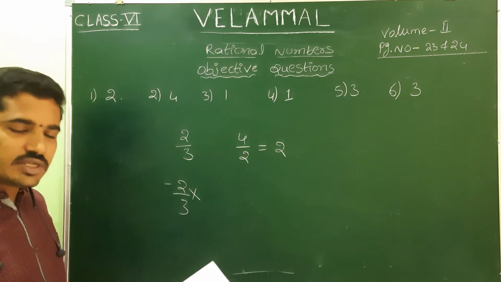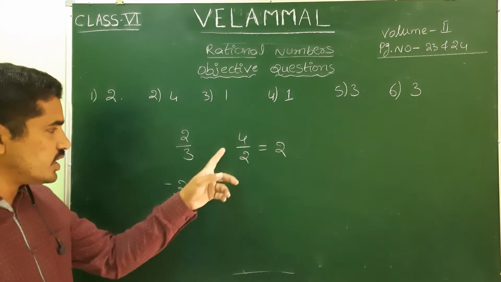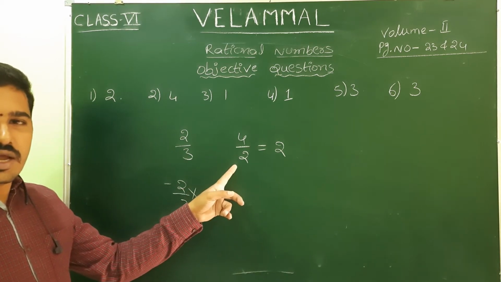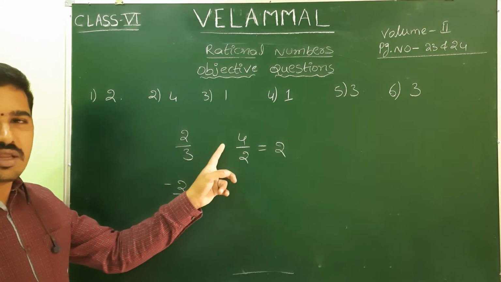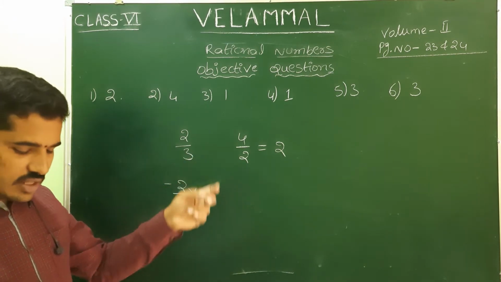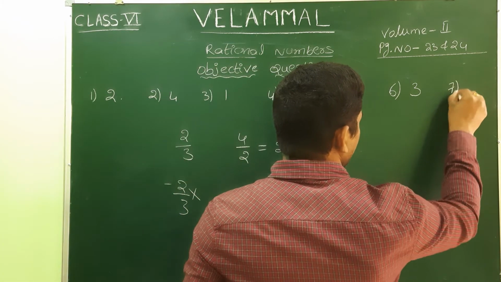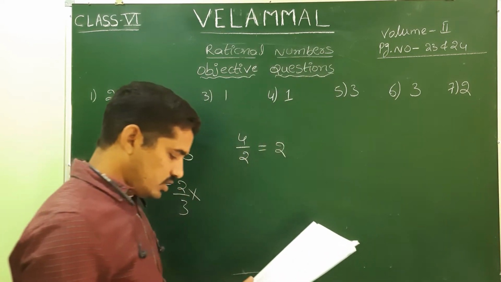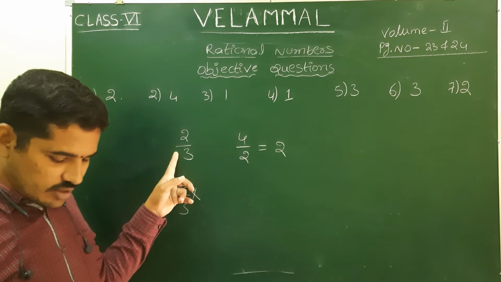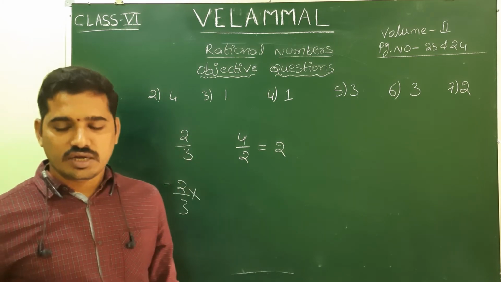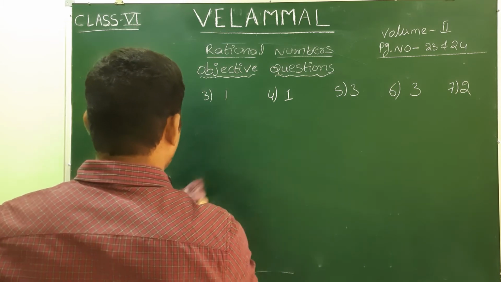So no need to consider it as a fraction. Next, a rational number except when the denominator is 0. If the denominator is not equal to 0 and the remaining are the fractions or quotients we have taken, then it is called a rational number. So for the seventh question, we can take the second option. The quotient of two integers need not be a natural number, and it is also not an integer. So the seventh question answer is the second option.